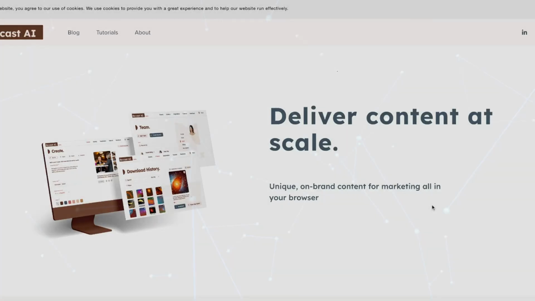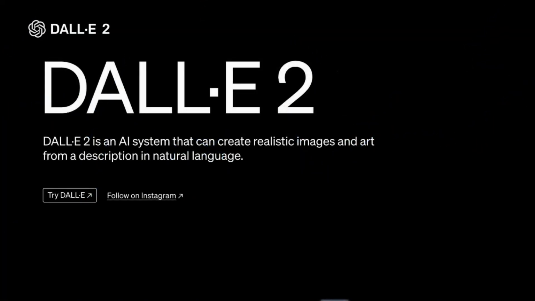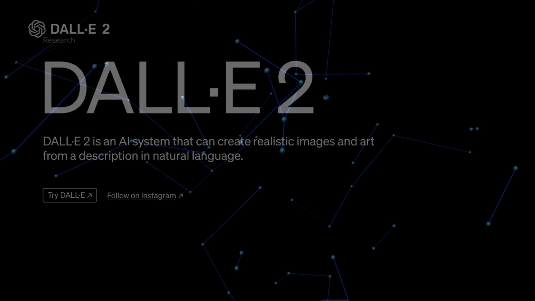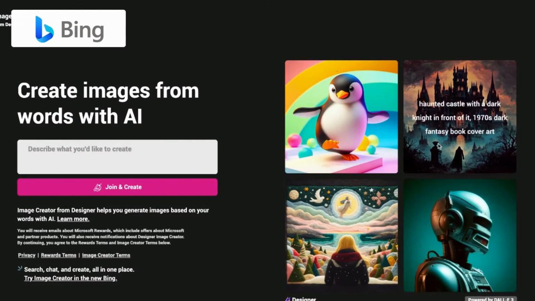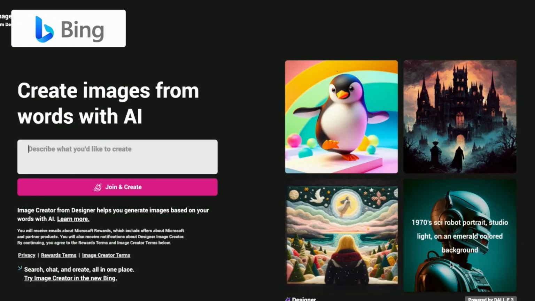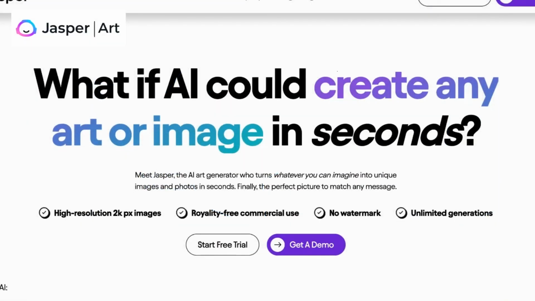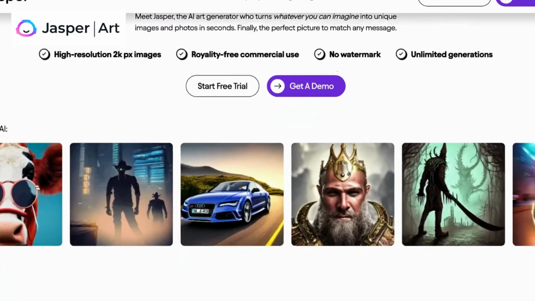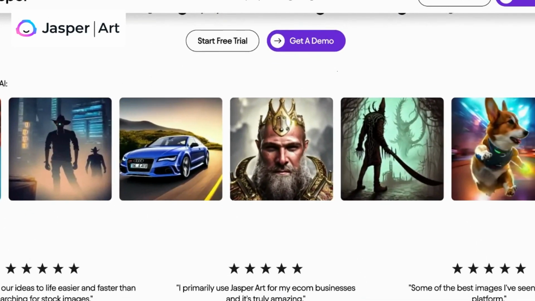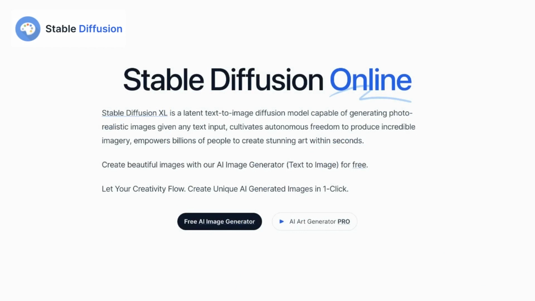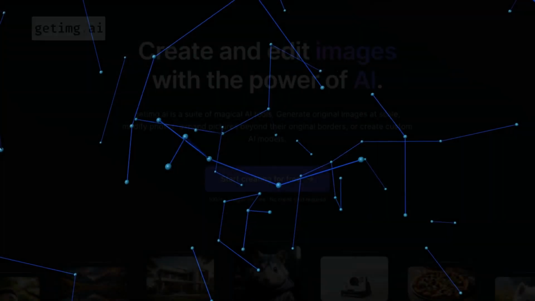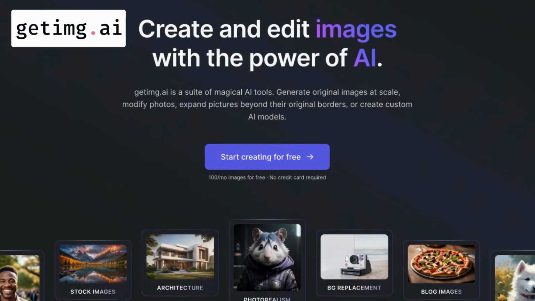Compared to Recast, DALL-E 2 particularly shines in its ability to create diverse visuals from text, extending its value across creative sectors. Bing Image Creator's unique strength lies in its capacity to synthesize new images by combining existing ones, which enhances content presentations. Jasper Art offers distinct contributions to the creative landscape and fosters artistic exploration through AI-generated prompts. Stable Diffusion's focus on generating dynamic image sequences lends itself well to animation and storytelling. And Getimg.AI's precision-driven attribute-based image generation caters to specific visual requirements.